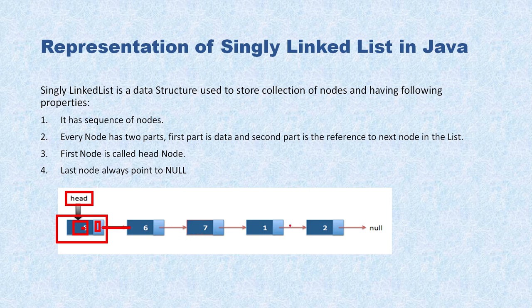This way, a linked list is basically a linear data structure. You have different nodes and every node is attached with some reference. If you look at the last node, it has a data part, but the reference part always points to null, and that's the indication of the end of the list. In a singly linked list, we start traversing from the head and can go till the last node, which points to the null reference. So this is all about the concept of how a singly linked list is represented.